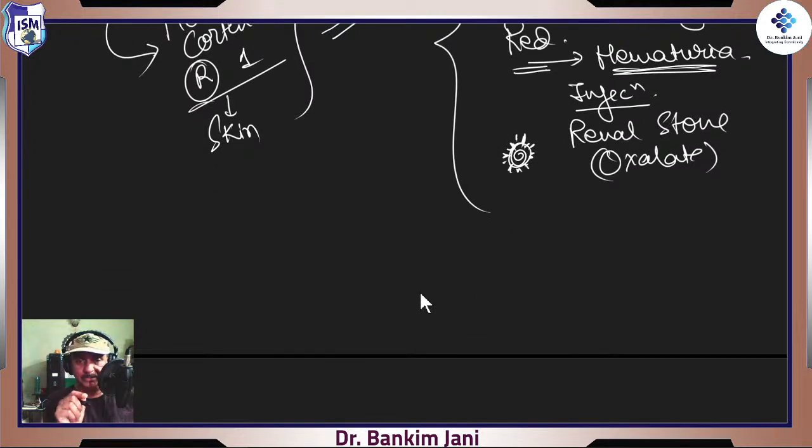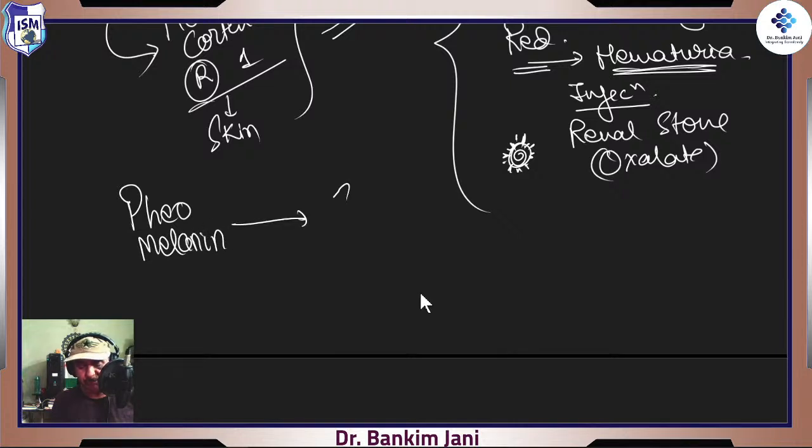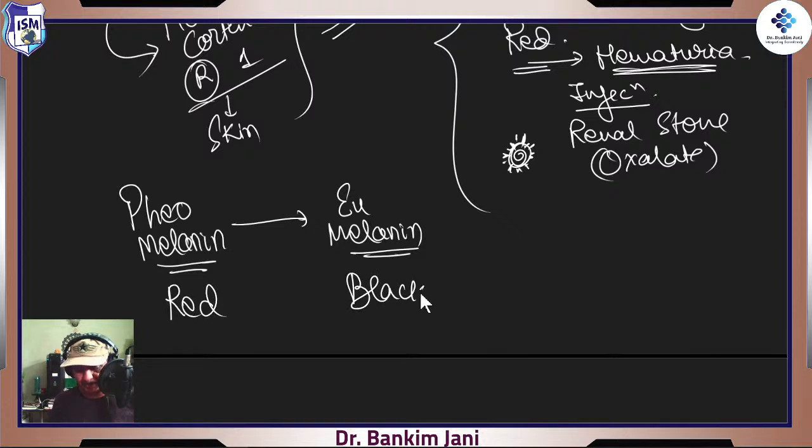Now what will it do? It converts one melanin to another melanin. It is called pheomelanin to eumelanin. So what are this pheo and eu? Pheo is red, right? And eu is black. That's the reason